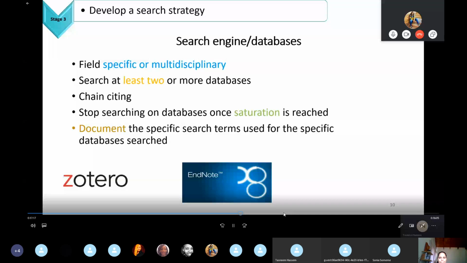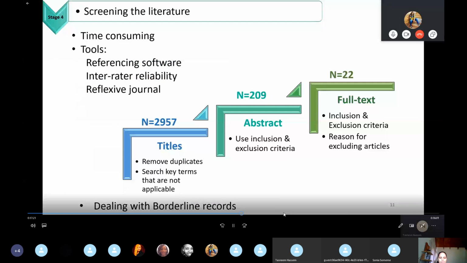Okay. And then if we go on to stage 4, this we found was the most time-consuming stage, which is screening the literature. And as you can see here below, it could be divided into 3 stages. So screening of your titles, then screening of your abstracts, followed by full text screening. So what tools you would need in this stage is